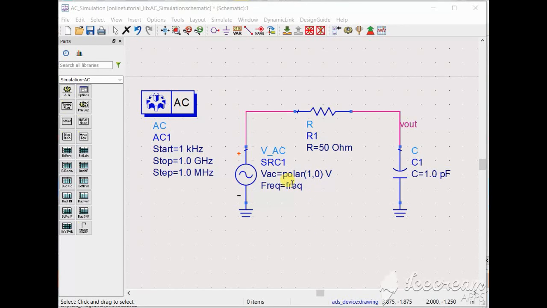Here this frequency is written but the frequency is not fixed. So what we are actually going to get is the behavior of this capacitor over the range of frequencies which is set by this AC simulation controller. So you have the capacitor response at all of these frequencies at steps of 1 megahertz. So let us simulate it.